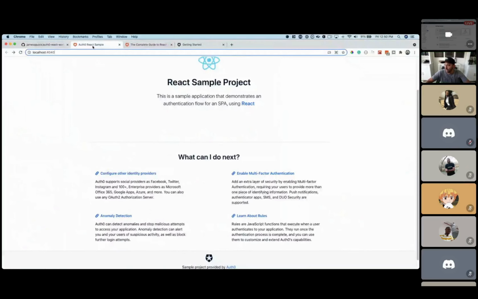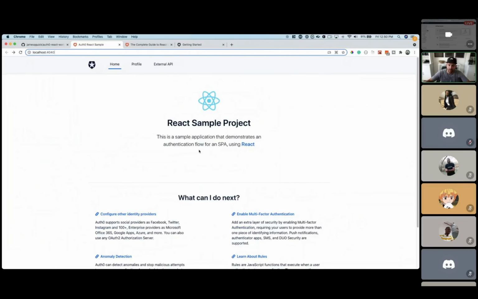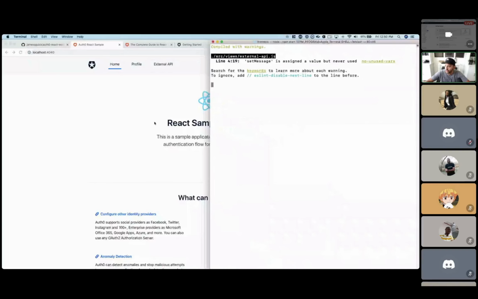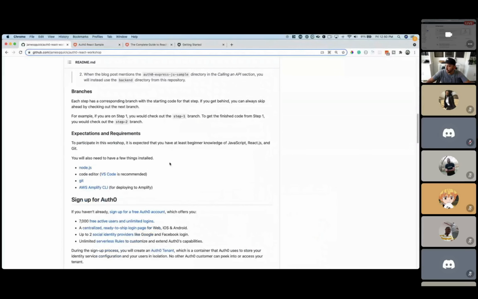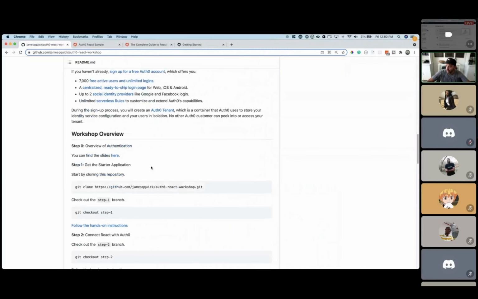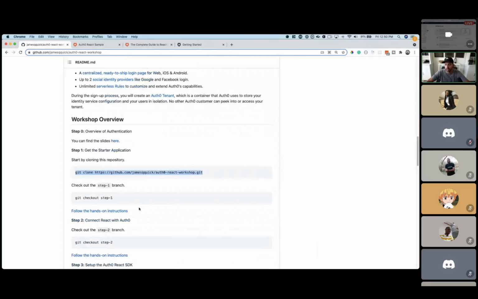So let's get started. I'm on branch step 1. Once you clone this repo, make sure you install the dependencies. Clone the repo, check out the step 1 here. You'll need to install your packages on the front end branch. Let me open up